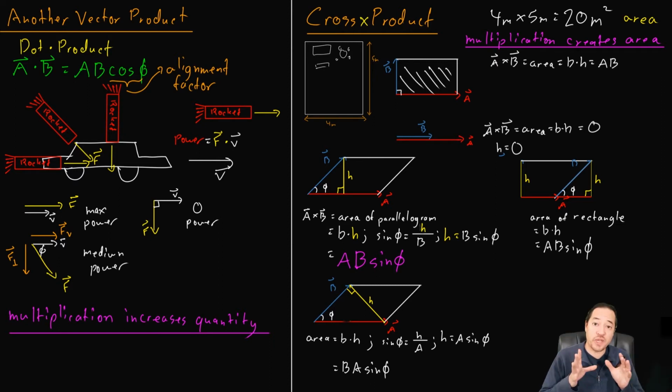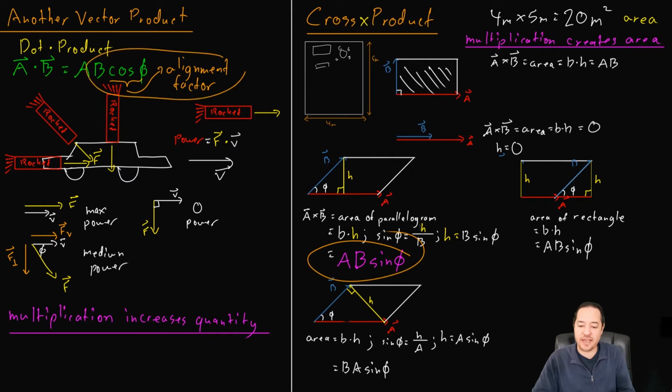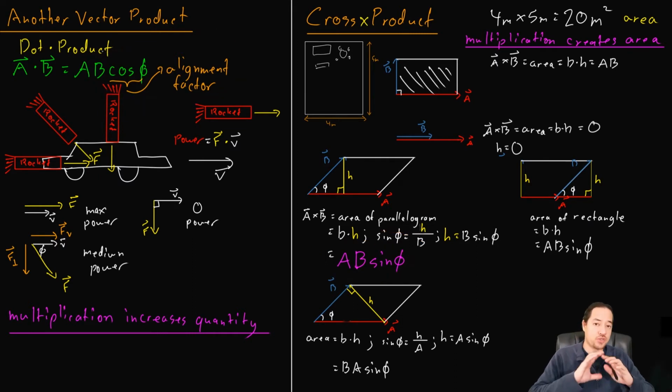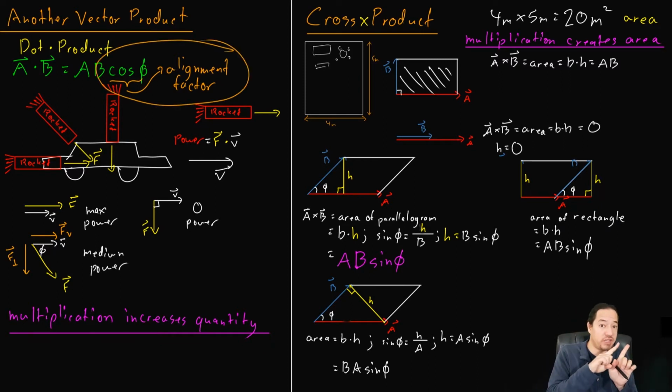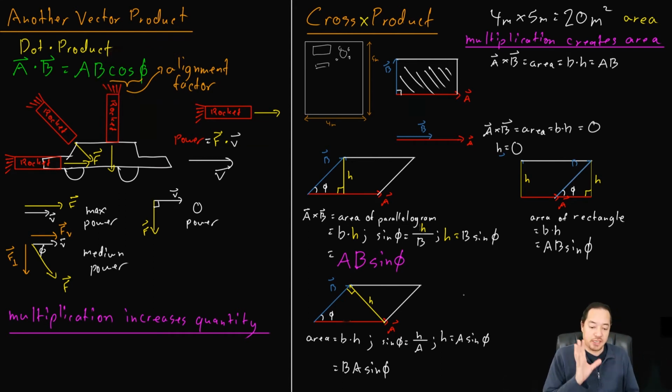Okay, so now we have this equation for the area that the A and B vectors sweep out, and we can compare this equation with the one we had for the dot product, and we can see that they're sort of complementary. In the dot product, cosine of phi was seen as an alignment factor. It goes to a maximum when the vectors are aligned, and it goes to 0 when they're completely misaligned. In this case, now we're using sine, which sort of has the opposite behavior. We can think of sine phi as being a kind of